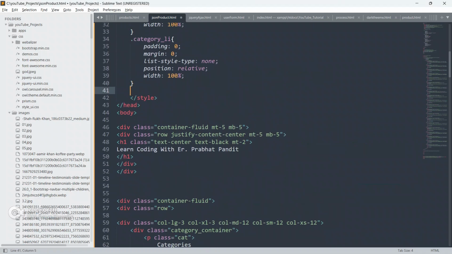Now I'm going to target this category link, this anchor tag. Just go here and paste it here.